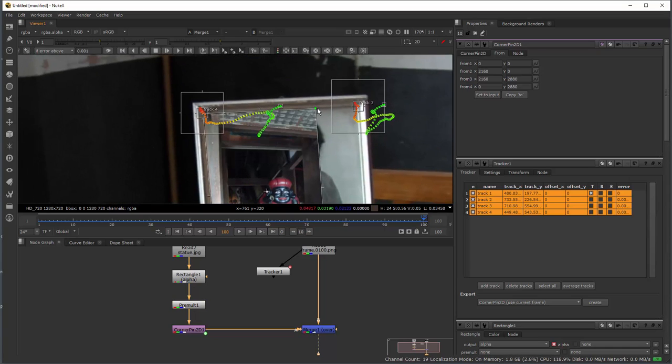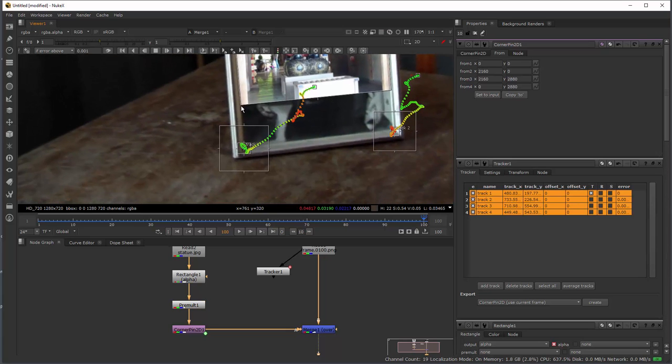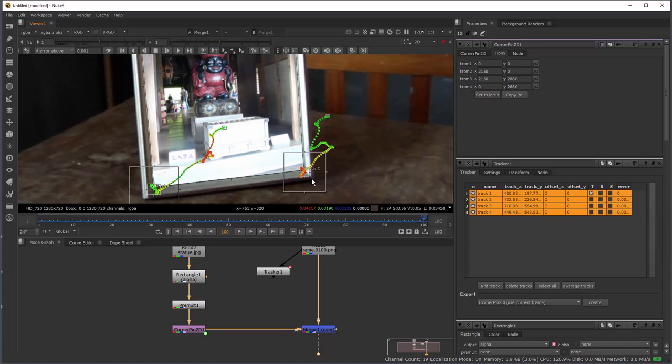So I will expand my image according to the frame of the image, and now